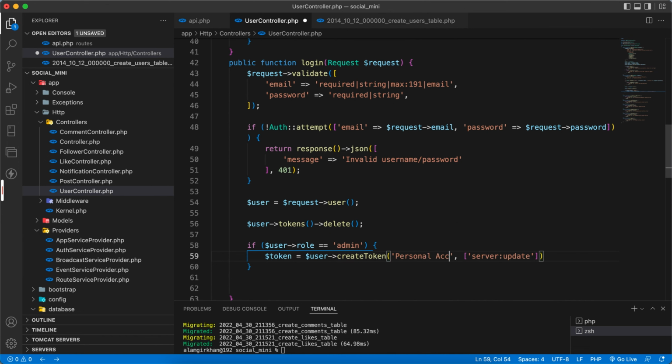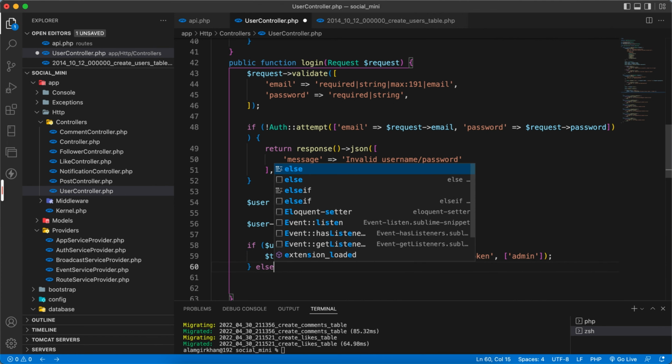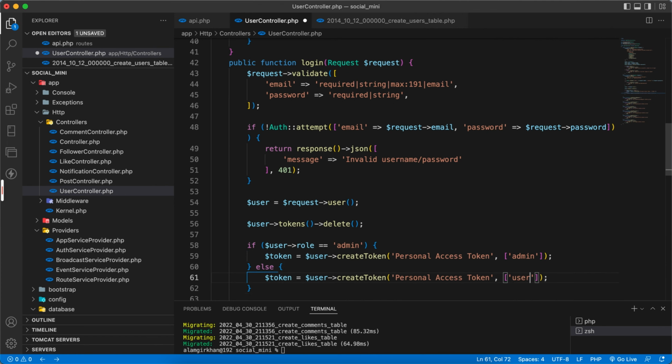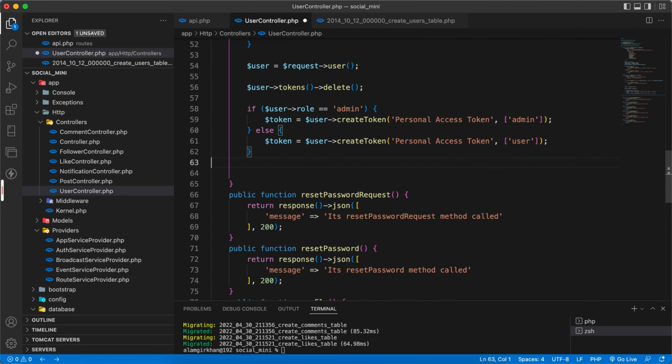access token, and here we have to give him the abilities. Okay, we can give many abilities, or we can just give one. More than one ability, then you can pass here. Just one for now. I will give it ability like admin, or you can give it like can create post, and many other permissions. Yeah, that's all. And if it is not the admin, then we can give another, let's say user. And after this,